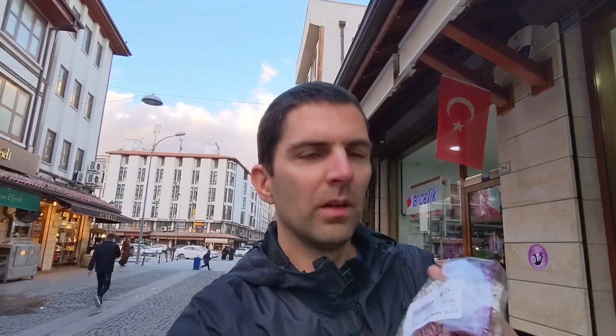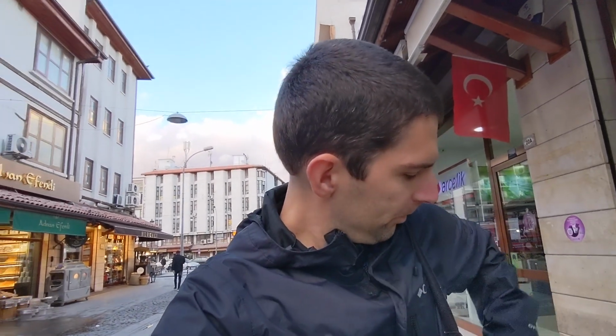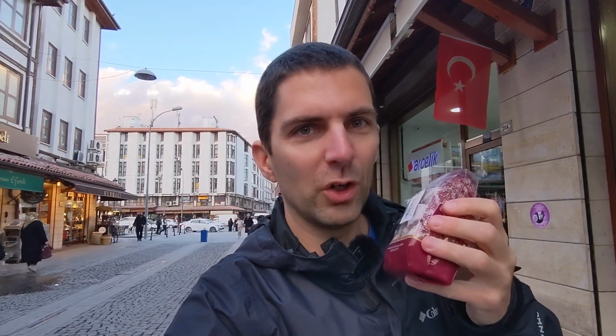So I got what I wanted, which is my lokum. I got the one that I remember, the hazelnut one, double lokum. I don't know if it's double sugar. And I have another one, which I've never tried before, which is a fruit one. Don't know if it's the best one, but this one was very tempting because it's mango. So I'm going to try this right away because I've been missing this quite a bit and I completely forgot about this delicacy. And of course night is falling, so I'm late to play round 3, but I'm not far